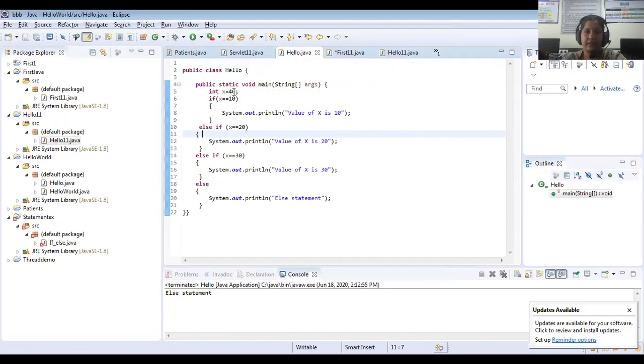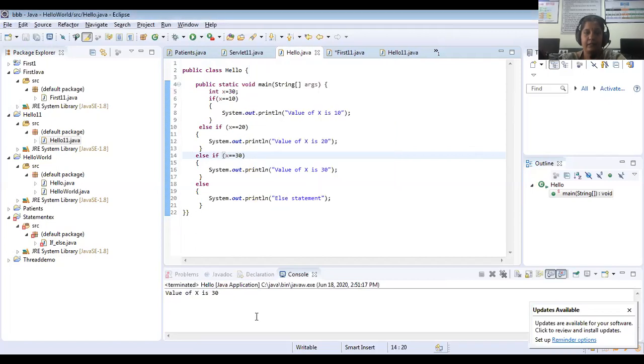For example, here I will give 30. So my public class hello, static void main, and from here execution will start. According to this program, we have already discussed what the output is, x equal to 30, so value of x is 30. Once it has been done, you have to click Run hello.